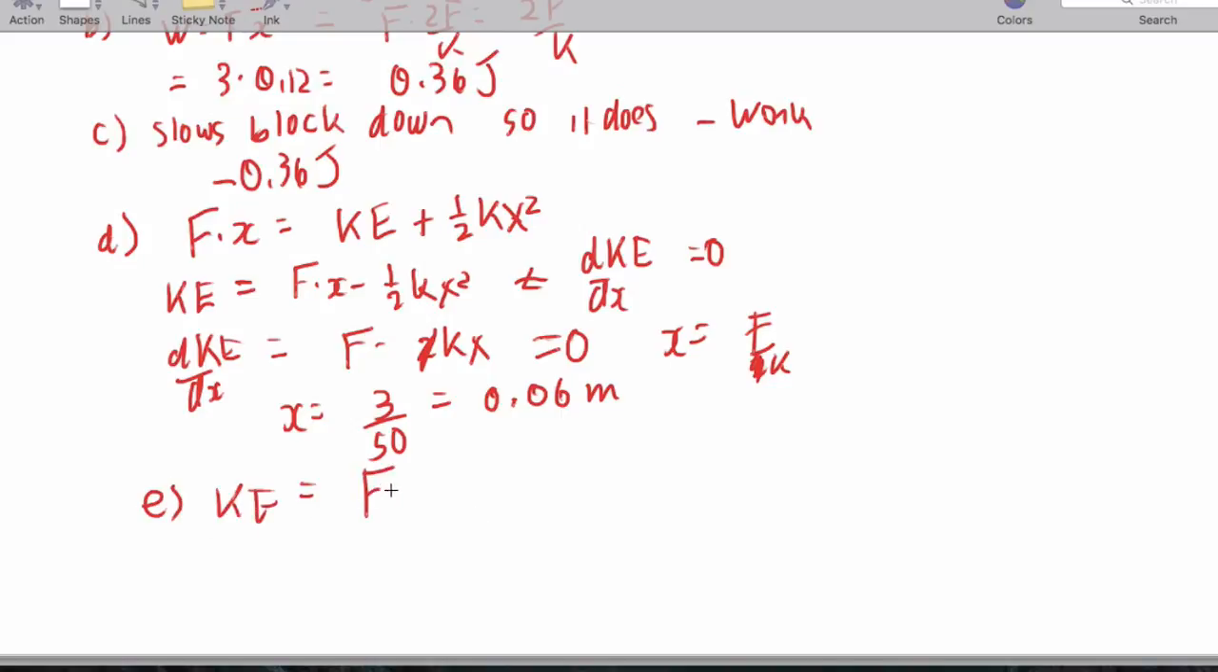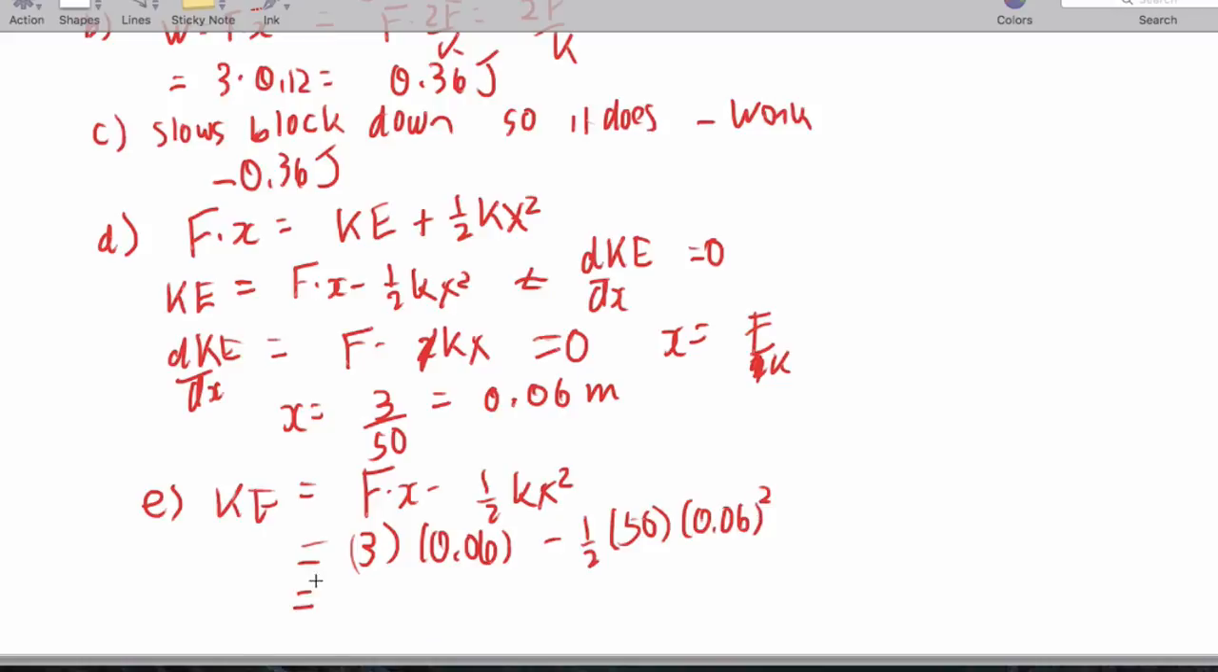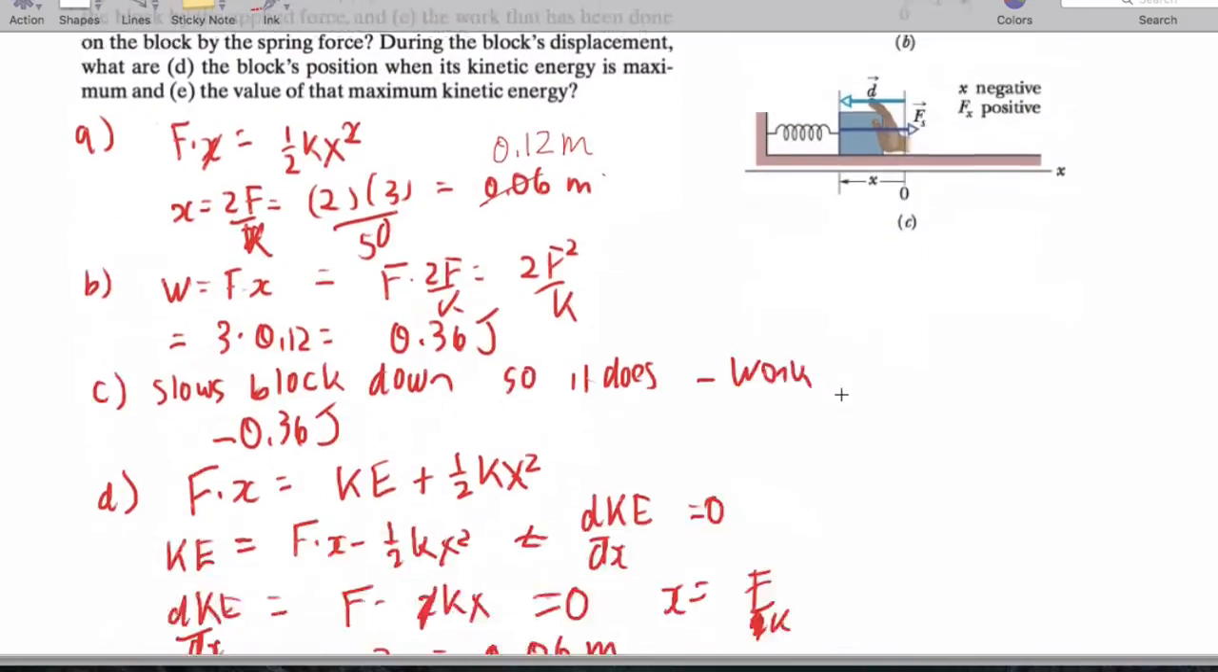Now for part E, let's go ahead and get the kinetic energy. That's going to be F times x minus 1/2 kx squared. We'll put in our numbers. That'll be 3 times 0.06 minus 1/2 times 50 times 0.06 quantity squared. When we work all this out, we should end up getting something along the lines of 0.09 joules. All right, so that is it for problem number 1 on the energy